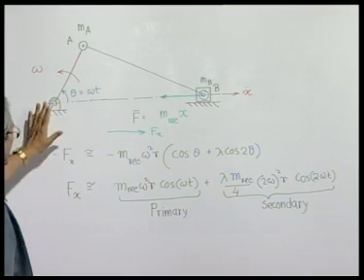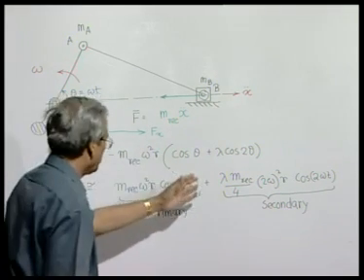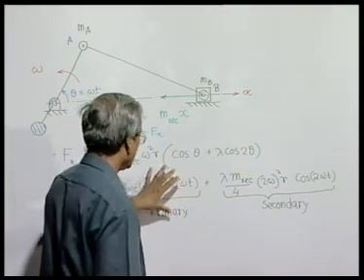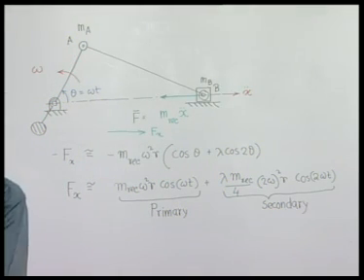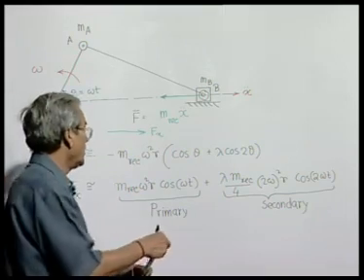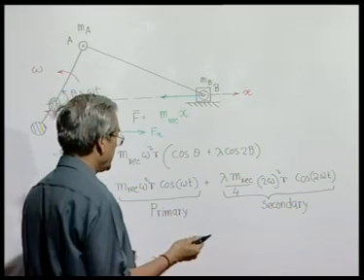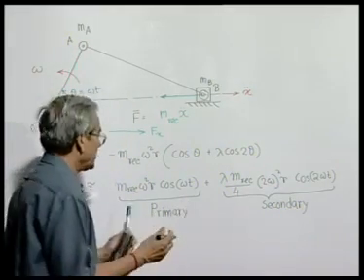Now, what we will do next, which will be useful at a later time, is try to represent the inertia force due to this reciprocating mass with the help of rotating vectors, as we have done for the harmonically varying functions of time in many cases. So, as you can see, this primary force